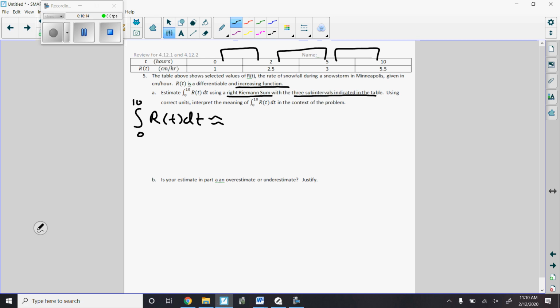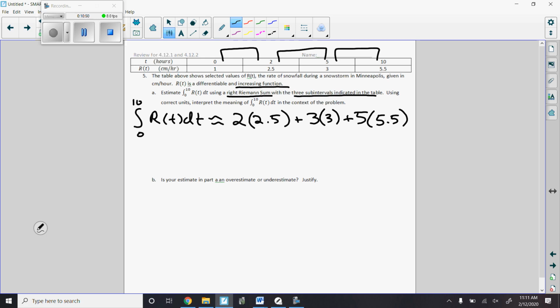Okay, so I'm doing a right Riemann sum. So I take my width. My first width is 2, and I multiply by the right number, which is 2.5. Plus, my next width is a width of 3, right? 5 minus 2 is 3, times the right number, which is 3. Plus, the final width is 5, and the right number is 5.5. And again, I should have 1, 2, 3 terms added together here because I have 3